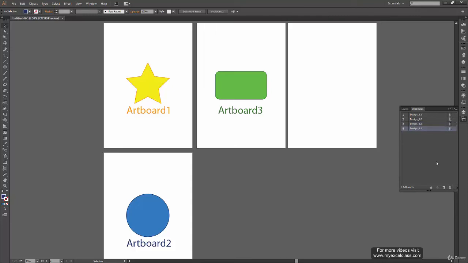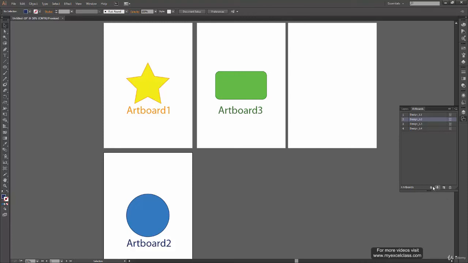Okay. Now if you want to rearrange the artboards, let's say I was getting confused that this is artboard 1, this is artboard 3 and this is 2. So later I come to know that this is actually artboard 2. So if you want to rearrange artboards in this way, you can click on this one. Let's say I want to make this artboard on the third position, or I want to make it artboard 3 rather than 2. So when I select any of the artboards and you have multiple artboards in your document, if you have a single artboard, you won't be able to use these rearrange buttons over here.